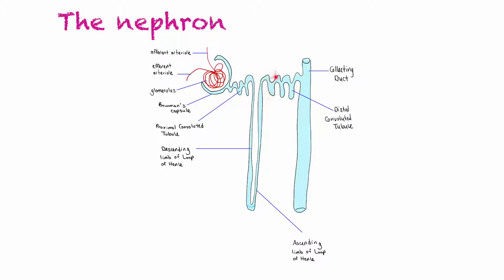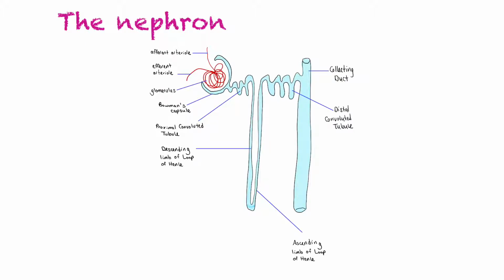And then this is the distal convoluted tubule. Again, it's twisty-turny, that's where the convoluted comes from, and it's distal or distant from the Bowman's capsule and glomerulus. And then this last part right here is the collecting duct. At this point, there are no more changes. It's now called urine, it's not filtrate anymore, and it goes off to the ureter